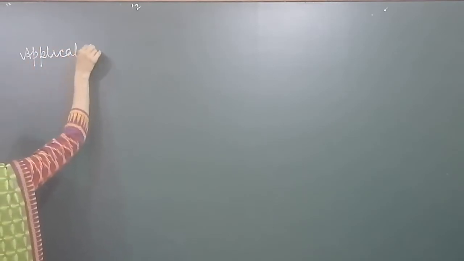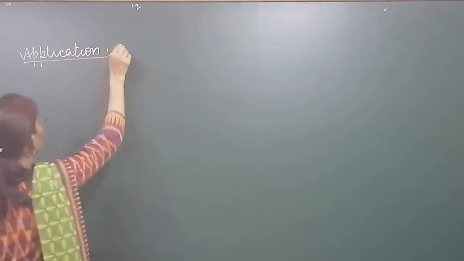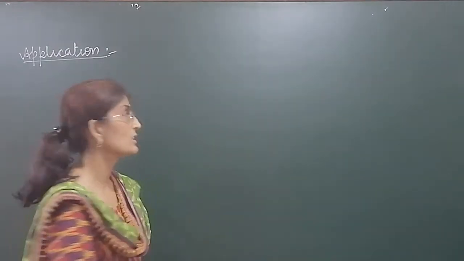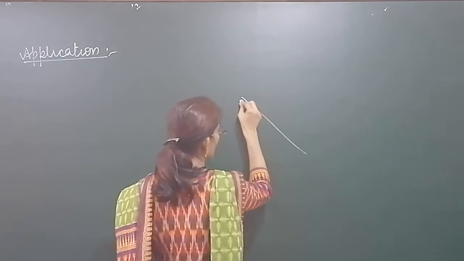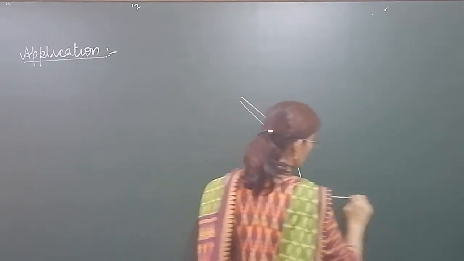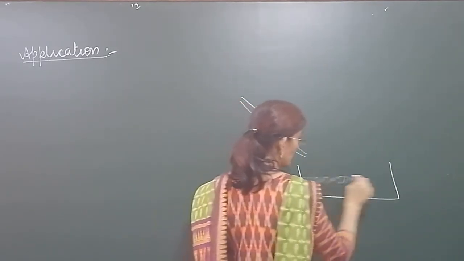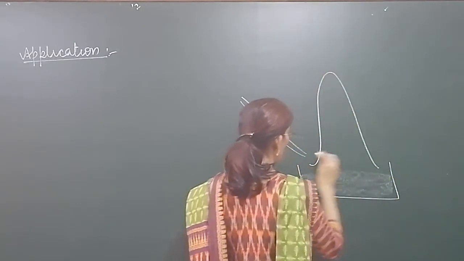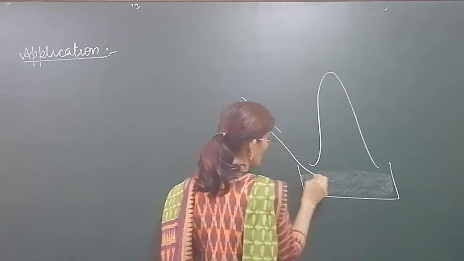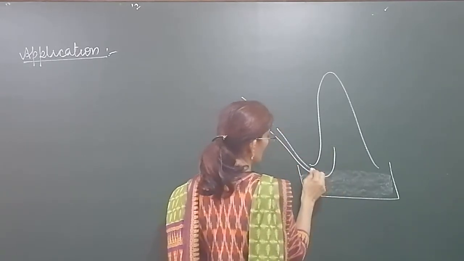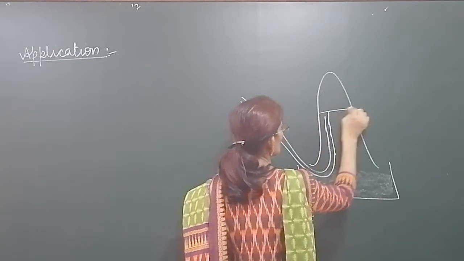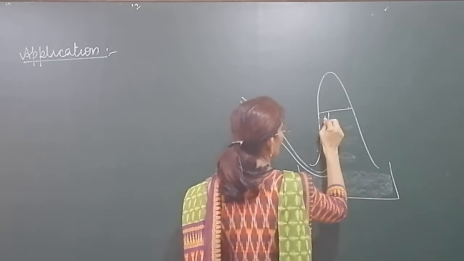Some gases are collected over water, like oxygen gas. When it is collected over water, meaning a beehive shelf is there, water is filled in it, and one inverted tube is there, and we are collecting oxygen gas over water because they are not miscible in water, that's why. Here water is filled and the gas is collected.